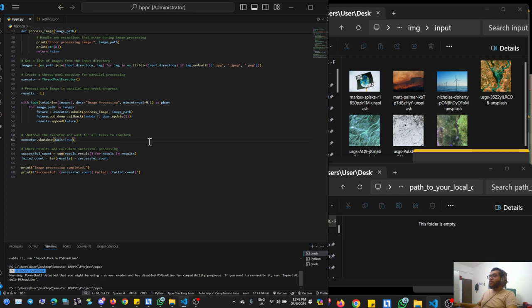After submitting all the tasks, we shut down the executor using executor.shutdown with wait equal to true, which waits for all the tasks to complete before proceeding. And finally,